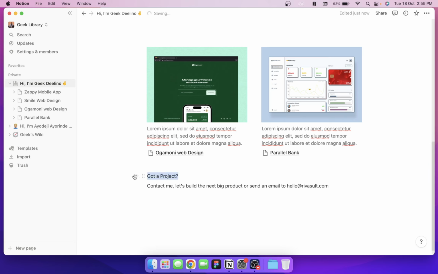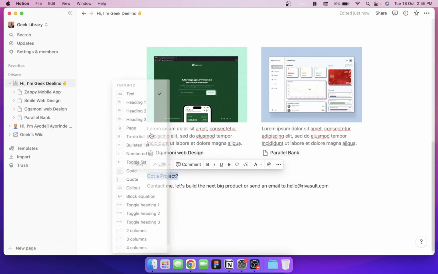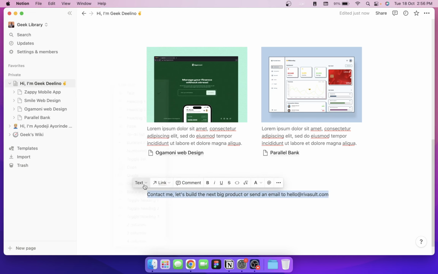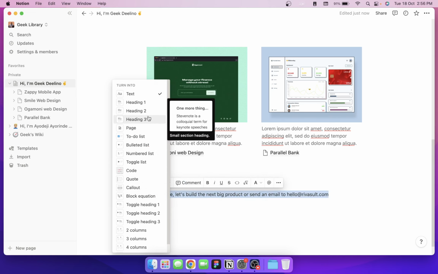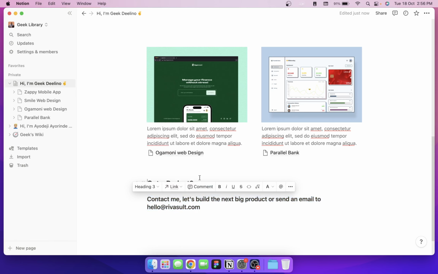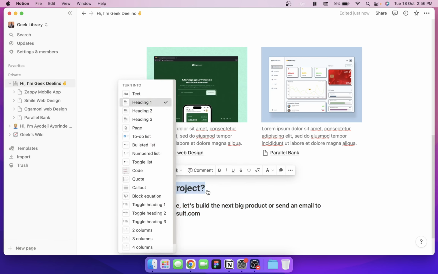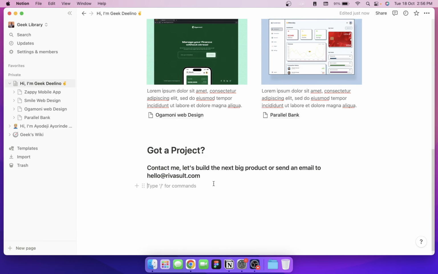So I'll just go ahead and select this, and I'm going to select heading 2, and I think this I'll go for heading 3. Okay, I think they got this one. I think this one should be heading 1. Right. So yeah. So the next one is, remember the social section